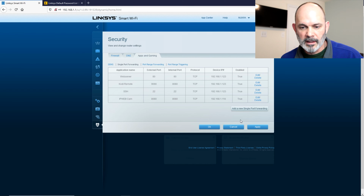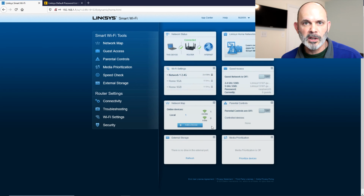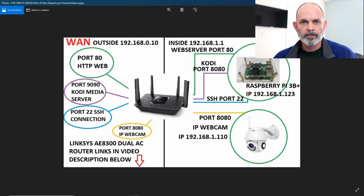All of them are saved. And we're going to hit apply, which makes them active. Then we're going to hit OK. So the next thing we're going to do is connect to all these different devices, and I'll show you that next. Now that we've got our port forwarding rules all set up inside the router, the next thing to verify